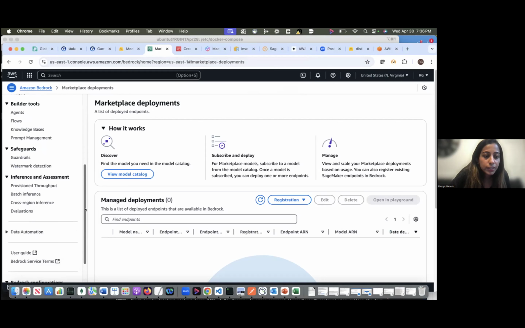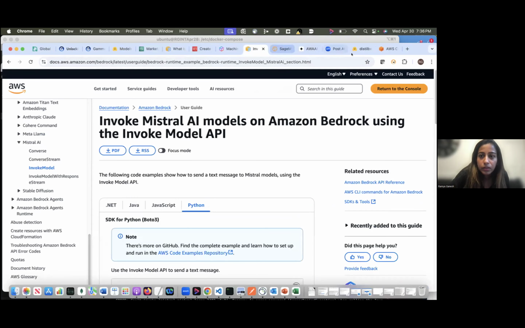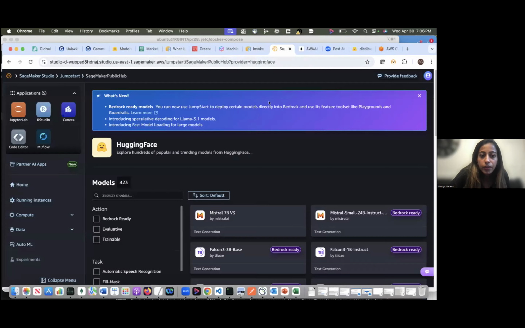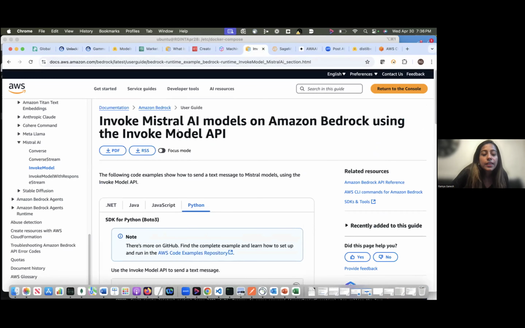So if you go with a user guide over here, I have a user guide already open here. Say you're looking for a model for chat summarization.